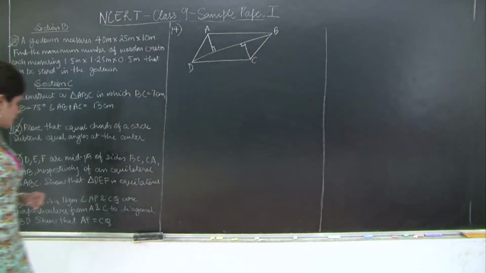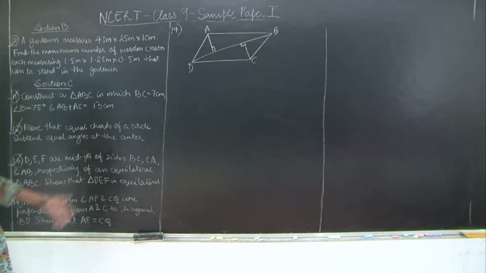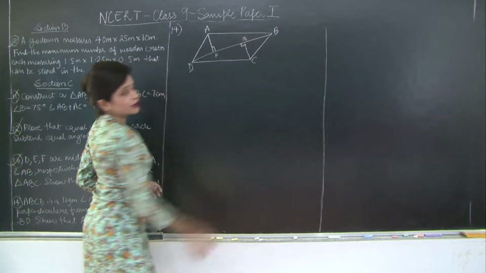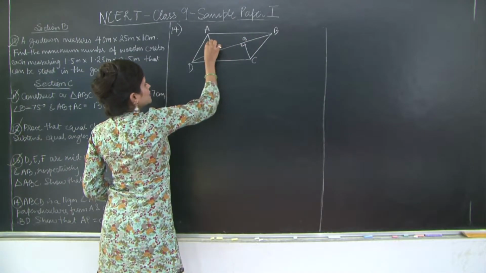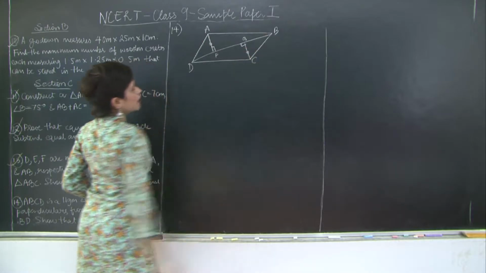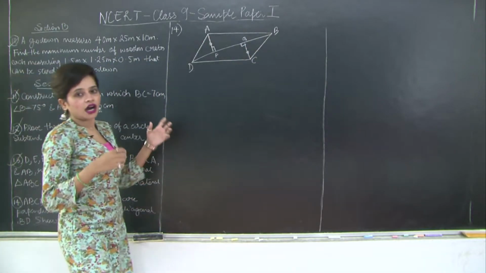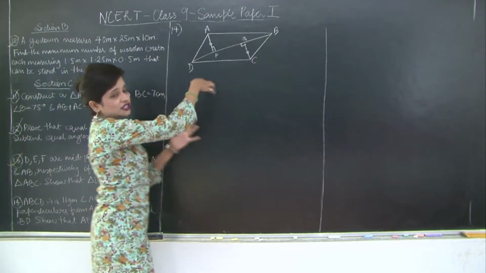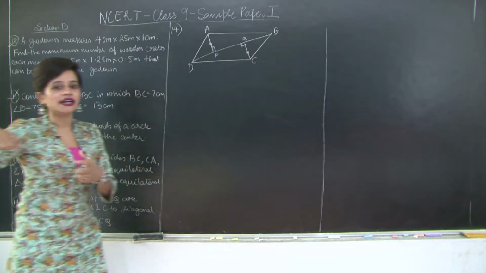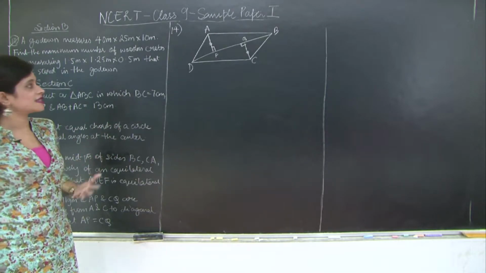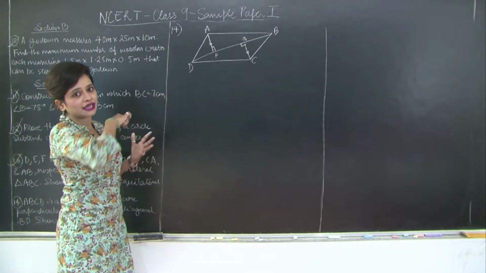Right? What do we need to prove? We need to prove that AP is equal to CQ. So this is AP and this is CQ, right? So we need to prove that this side is equal to this side. So how do we prove that? Now in order to prove anything congruent, when we see triangles, we take into consideration the test of congruency. So let's see if we can use the test of congruency for the triangles and which triangles we are going